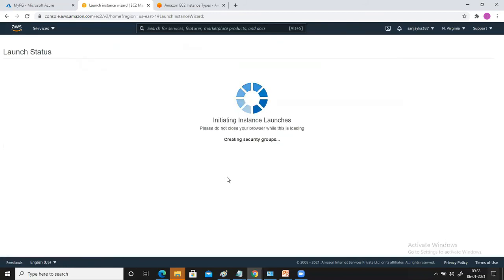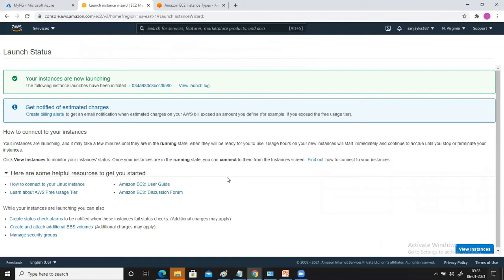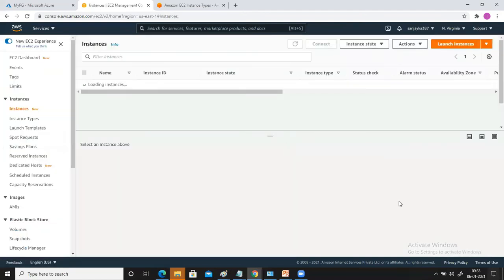Fine. Now, the requirement is that you have created an EC2 instance. Later, you realize that whatever hardware you have taken for this EC2 instance is less for your setup. You want to upgrade it. You want to upgrade the RAM size, your CPU power, or the storage. So, how to do that?